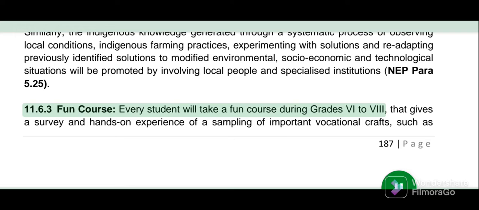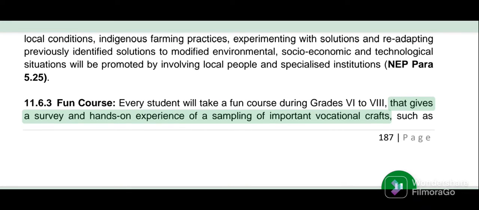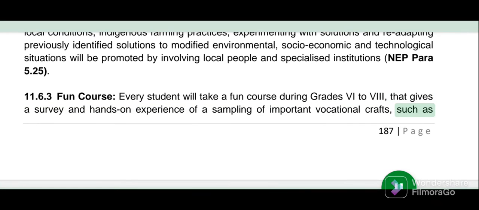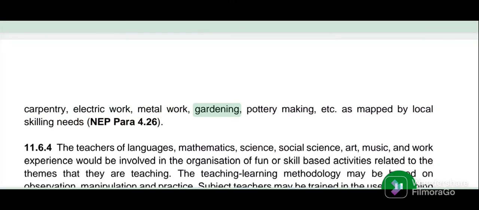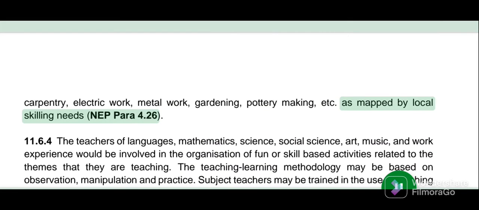11.6.3 Fun Course. Every student will take a fun course during grades 6 to 8 that gives a survey and hands-on experience of a sampling of important vocational crafts, such as carpentry, electric work, metal work, gardening, pottery making, etc., as mapped by local skilling needs. NEP Para 4.26